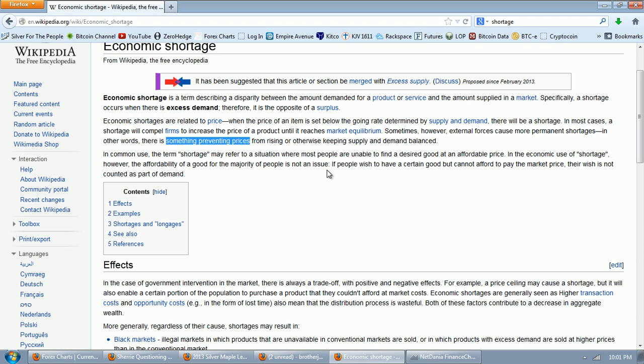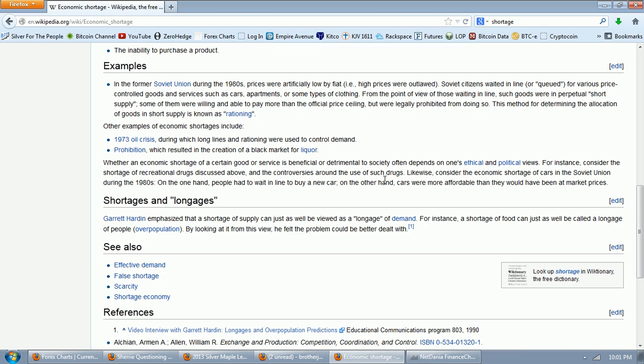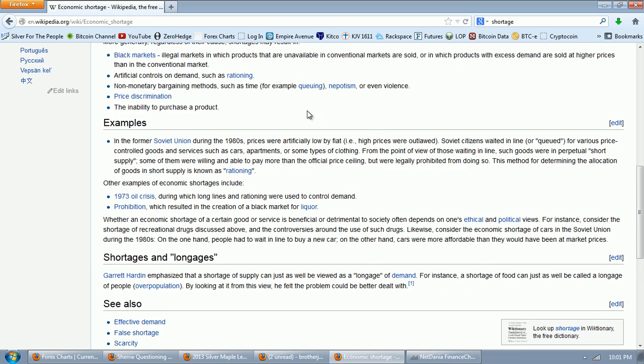So you can see that when you see shortages in a market, then you know you have something that's outside of the market that's interfering in price. Now, there are examples that are cited. The best example we can use is the USSR. We're now living in the USSA, a country where central planners have determined that they are going to set prices, not markets. And you can see here the example of the former Soviet Union.